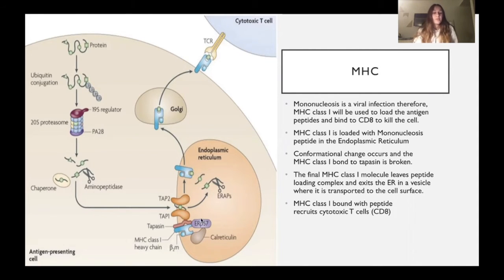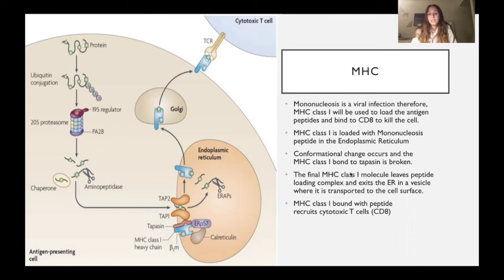And then after that, we have beta 2 microglobulin binding to MHC class 1, and this allows for the release of calnexin. And this beta 2 microglobulin and calnexin forms a heterodimer, and the heterodimer forms a peptide loading complex with tapasin, calreticulin, TAP, and ERp57. So the job of tapasin is to bring the protein closer to TAP, and then ERp57 and calreticulin interact to protect that alpha domain of MHC class 1 and keep it in the open position to allow for the loading